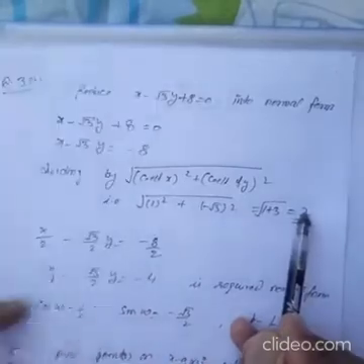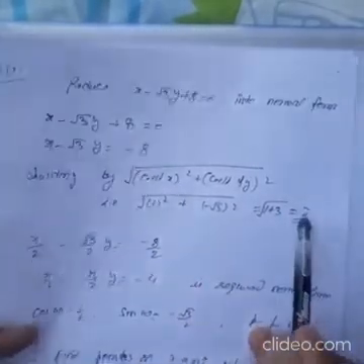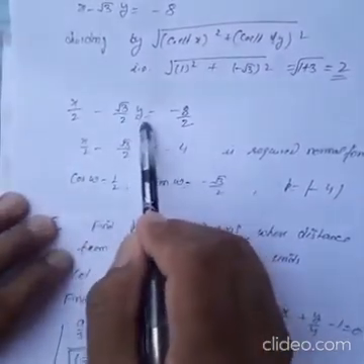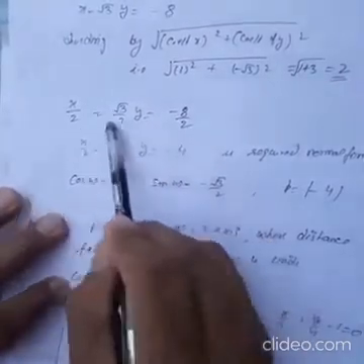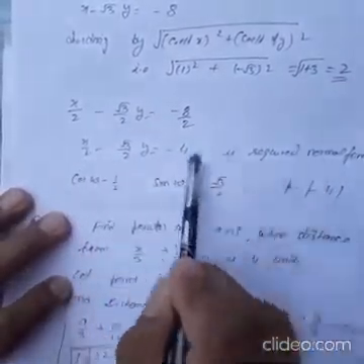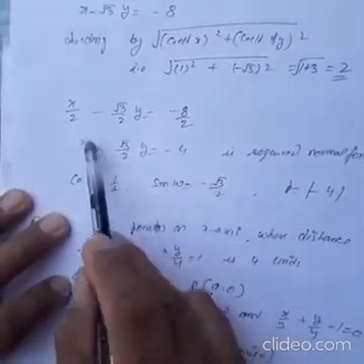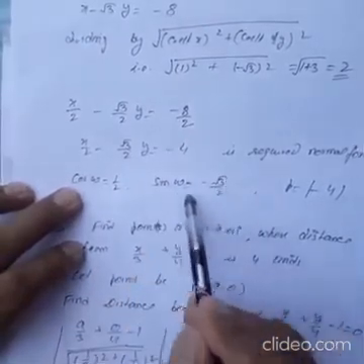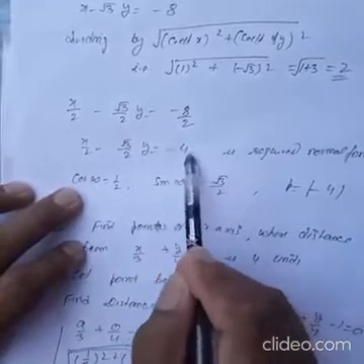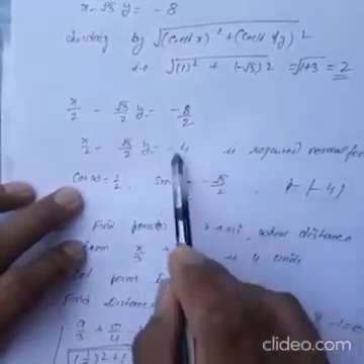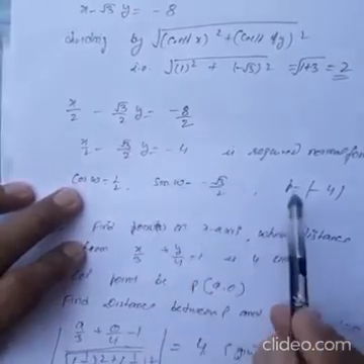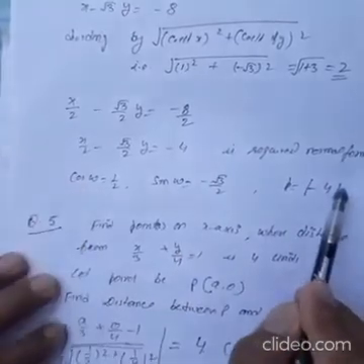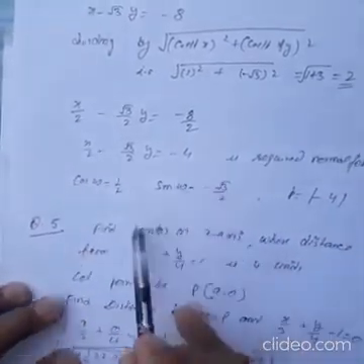It is 2. So dividing the whole equation by 2, after division we get x upon 2 minus root 3 upon 2 into y is equal to minus 8 upon 2, and after simplification, this is the required normal form. Here the coefficient of x, 1 by 2, is cos omega, the coefficient of y, minus root 3 by 2, is sin omega, and minus 4 is the distance. Because distance can't be negative, the distance of the normal from the origin will be mod of minus 4. So this is the required normal form.